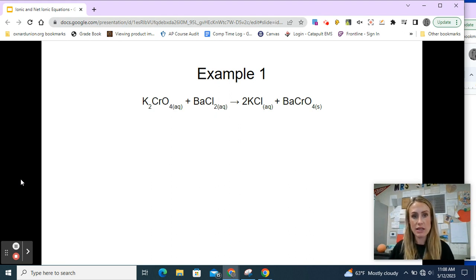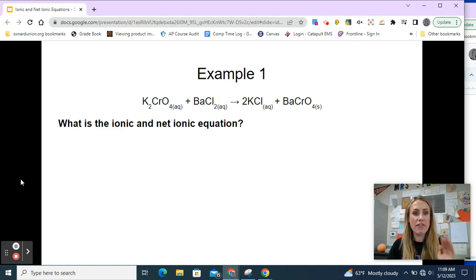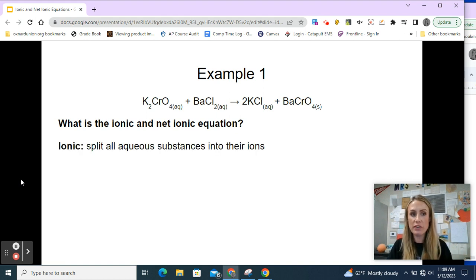If you mix these two reactants, potassium chromate and barium chloride, together, you would get what's called a precipitate in solution. Basically, barium chromate is going to come out of solution as a solid. So that's the insoluble thing, barium chromate. So this is my molecular chemical equation. And then what we want to do here is write my ionic and my net ionic equation. So for the ionic equation, I'm going to split all the aqueous substances